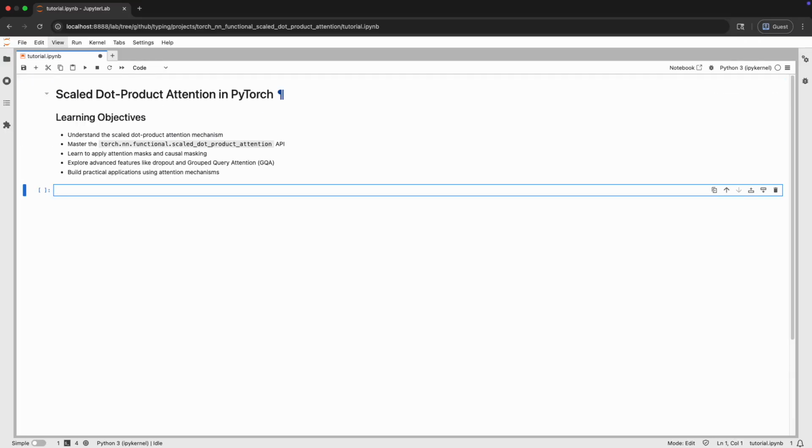Welcome to this tutorial on scaled dot product attention in PyTorch. Today we're going to explore one of the most fundamental building blocks of transformer models. We'll start by understanding what scaled dot product attention is, then master the